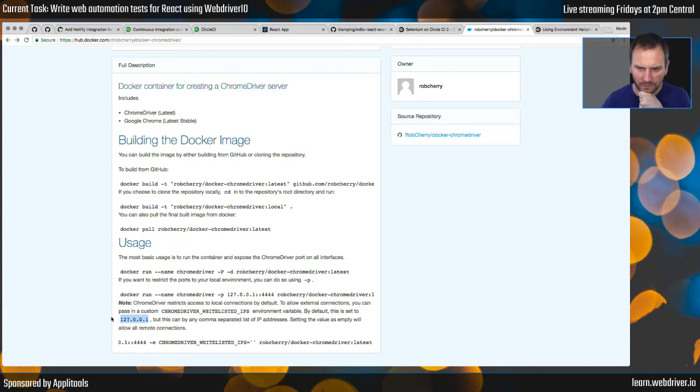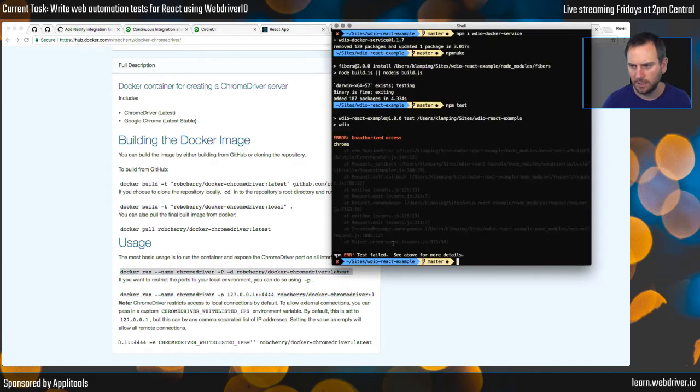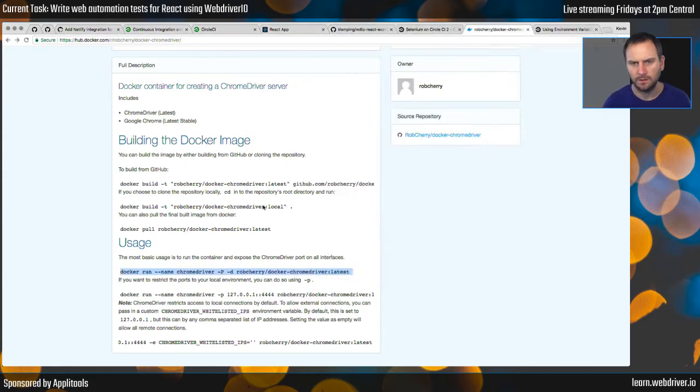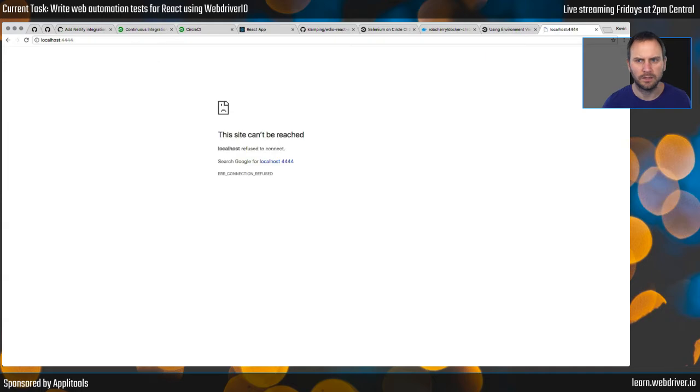Why? It should allow access from my local side of things. Let's try starting the service all on my own. So now if I go to localhost 4444 slash,